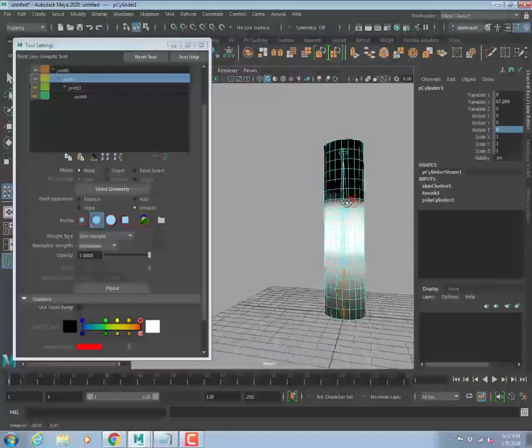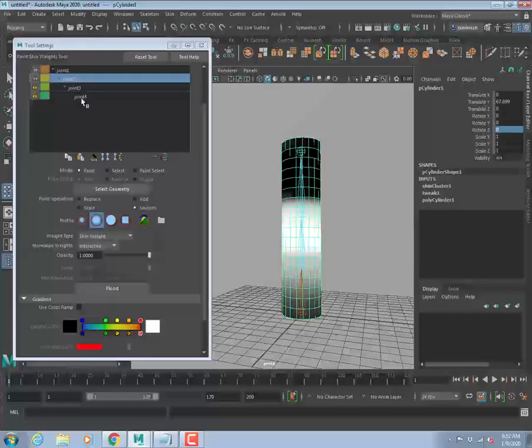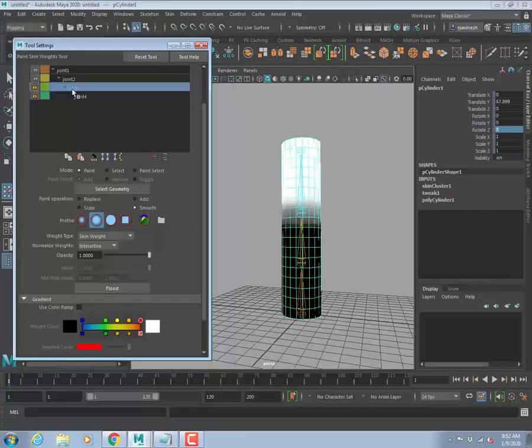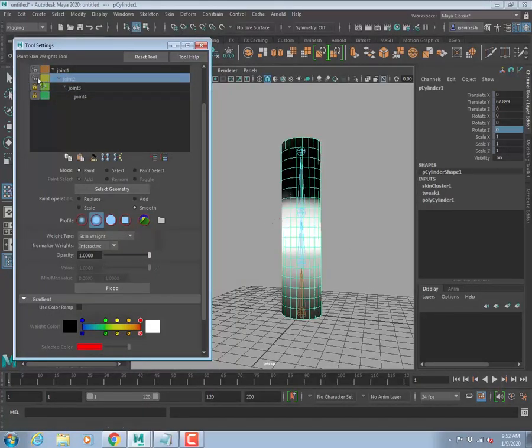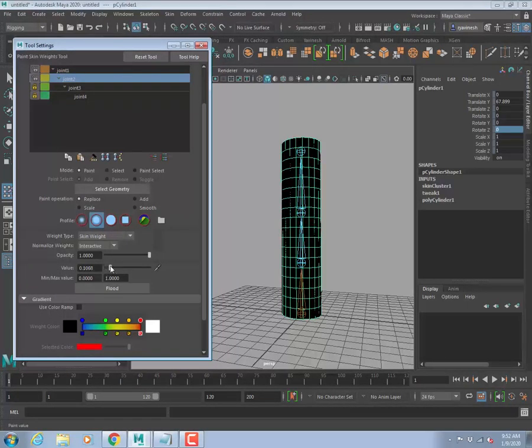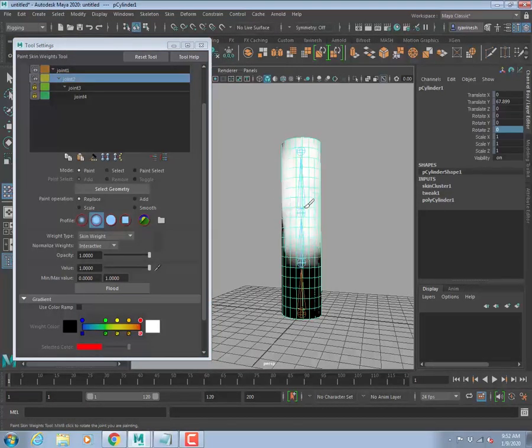Whenever I paint from the tip, going to the second, then the third one, flood with 0, replace value 0, click flood, change back to value 1, and then when you paint, you paint the whole thing again,